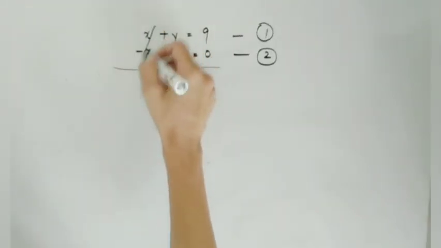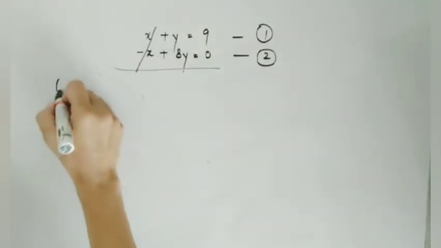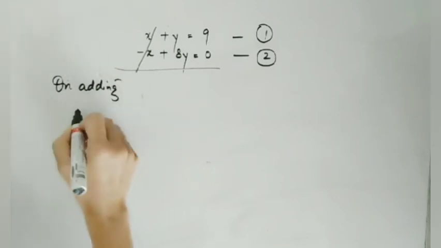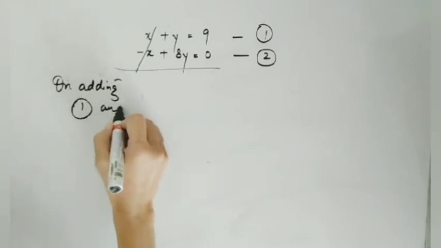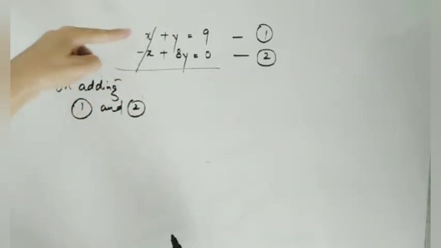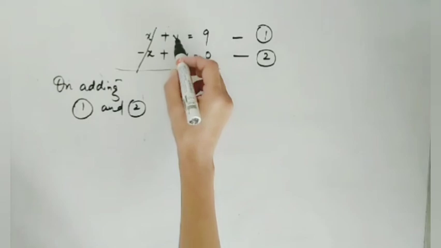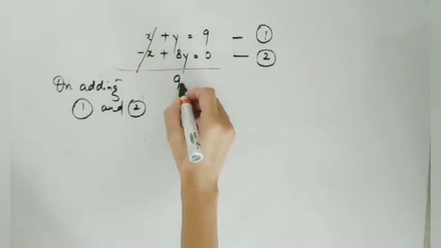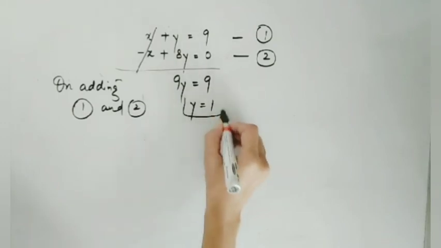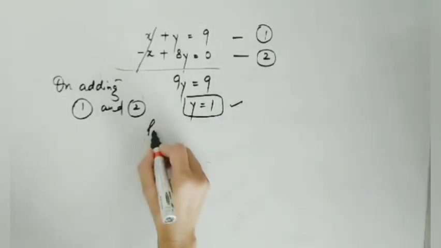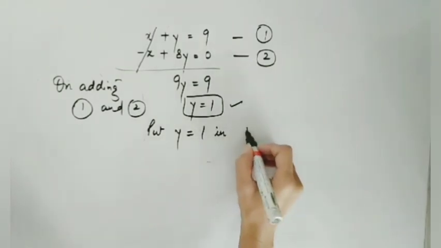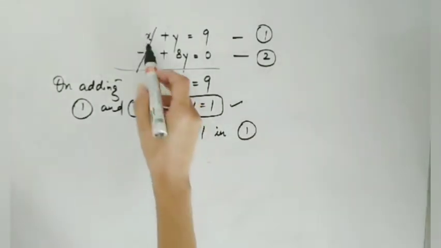Straight away, if we add equation 1 and 2, so what do we observe? X and x would cancel, because one is positive and other is negative. Y plus 8y would be 9y. 9y is 9 and y becomes 1. If y is 1, put y equals to 1 in any equation. Let's put it in equation number 1. So x